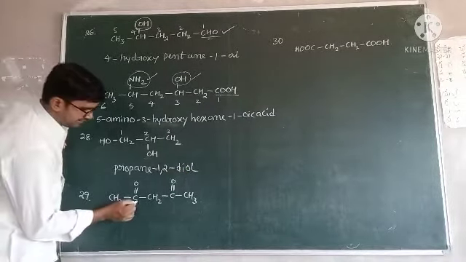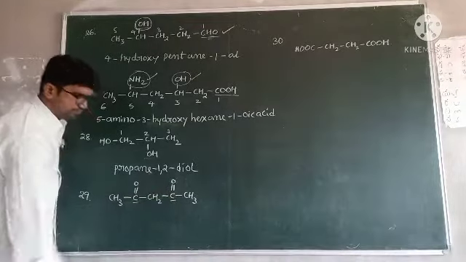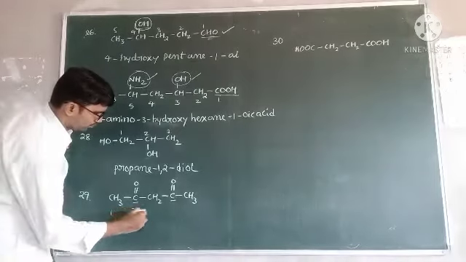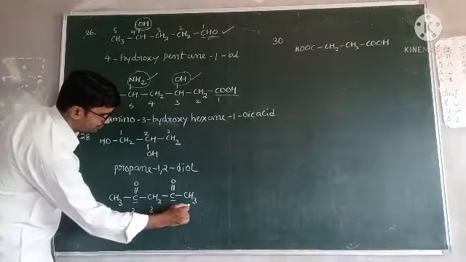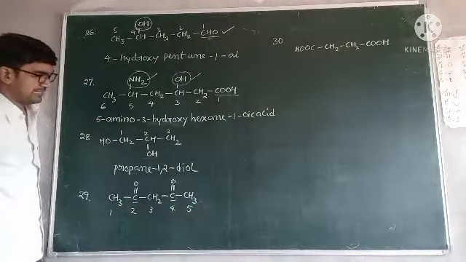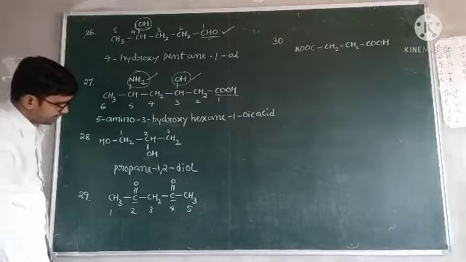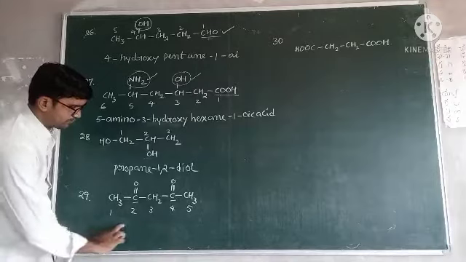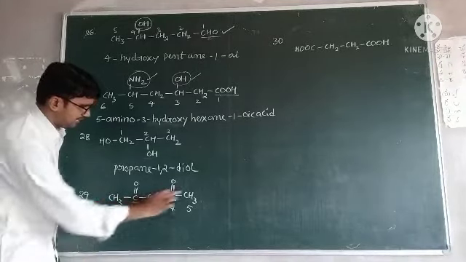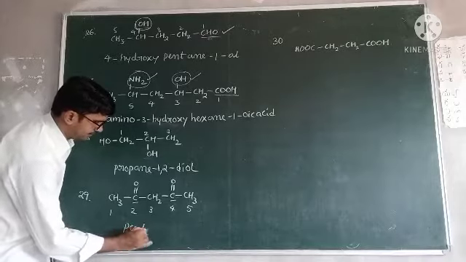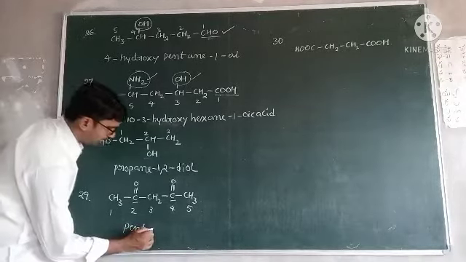Two functional groups are there, C double bond O, C double bond O. Numbering from both sides is the same, so 1, 2, 3, 4, 5. Both sides have the same numbering. There are no other substituents either. Now write the name; first the substituents. There are none. Number of carbons in the long chain is 5, so pent. Bond type only single bond: pentan.